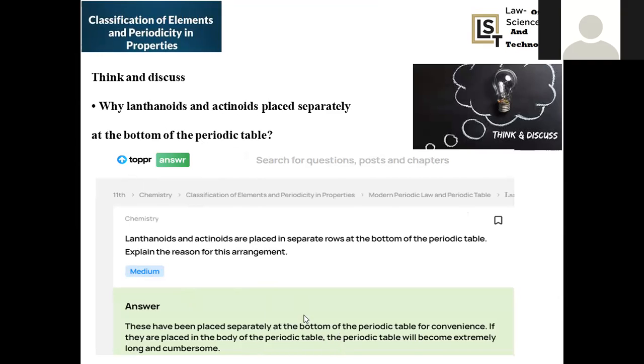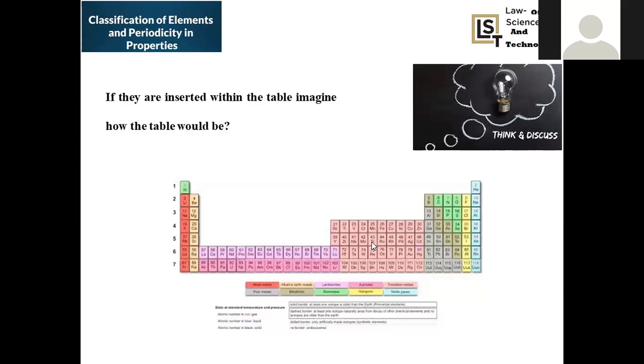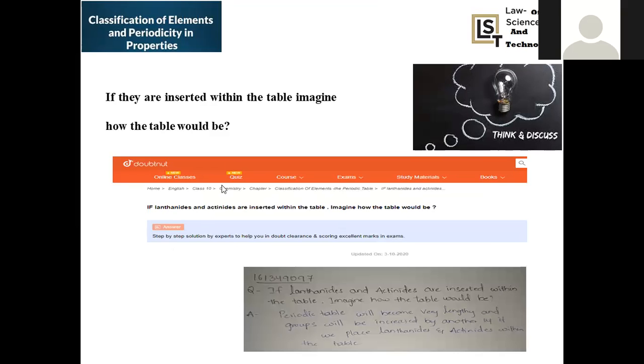The reason will be, if all these elements were incorporated in the mainstream, what happens? The periodic table will be elaborated. It will become extremely long, and it will not be suitable to frame on a single page. For our convenience, those elements are kept separately and studied extensively. If all 14 plus 14, 28 elements of the f block were incorporated in the main periodic table, a very large periodic table would result, and it would not be possible to apply in general. That's the reason why, for our convenience, these elements are kept apart, and extensive studies are also provided.